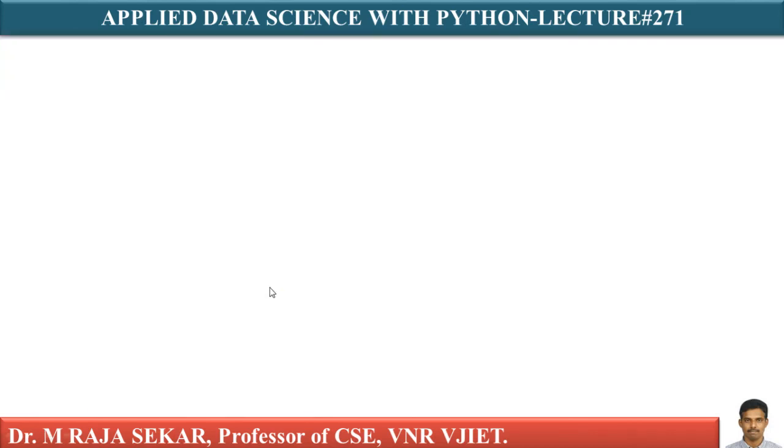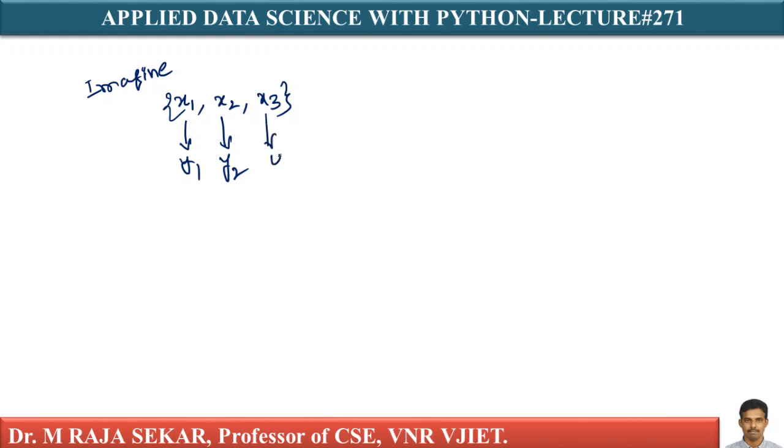Imagine, let me write like this. Just a minute, just see this one. Imagine I have x1 is this one, x2 is this one, x3 is this one. Let me assume this one is y1, this one is y2, this one is y3. This is positive, it's an assumption. This is positive, this is negative.